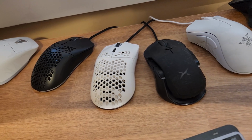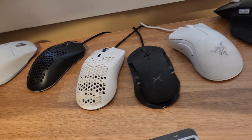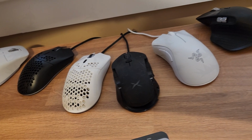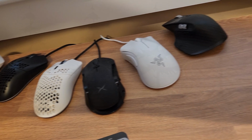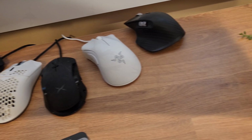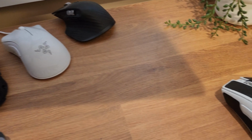They were very heavy, really low DPI compared to the types of mouses I use today, but that's where I started. As I started to game more on PC, I looked for more gaming-centric mouses with higher DPI sensors. I thought that was the most important thing. And when I went to a higher sensor, yeah, it did make a big difference. So I started to look for mouses with higher DPI sensors and